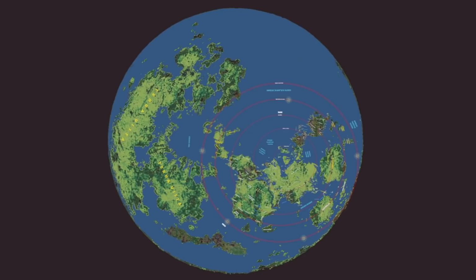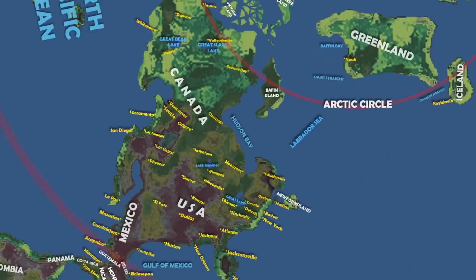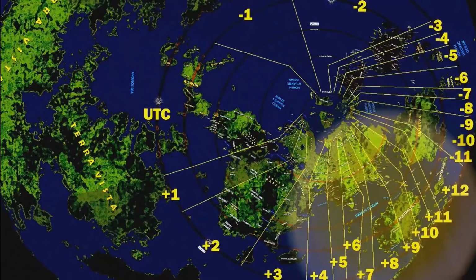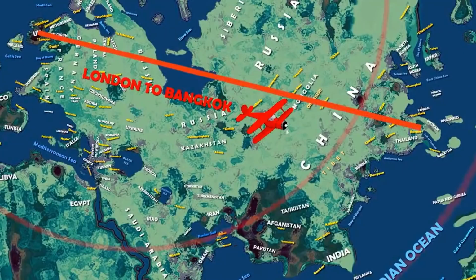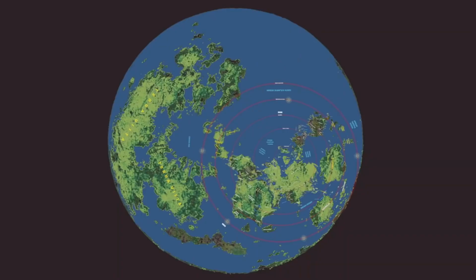Thank you, Sturgios, for all your work. Sturgios has mapped out each continent to the minutest detail. His work is meticulous. He has mapped time zones, seasons, flight paths, and distances. The first true flat Earth map, and it is of utmost importance primarily due to the unknown landmass over here